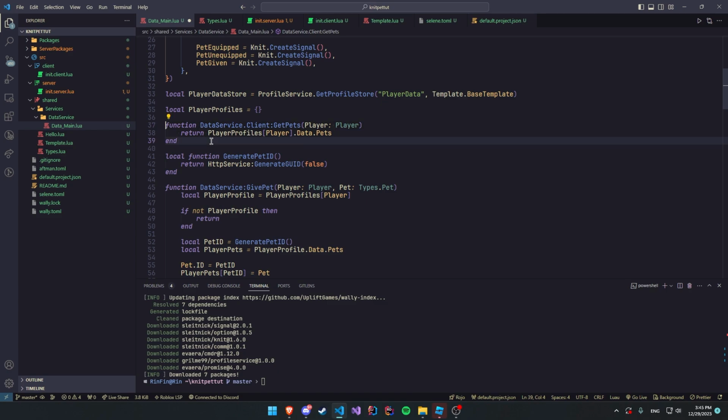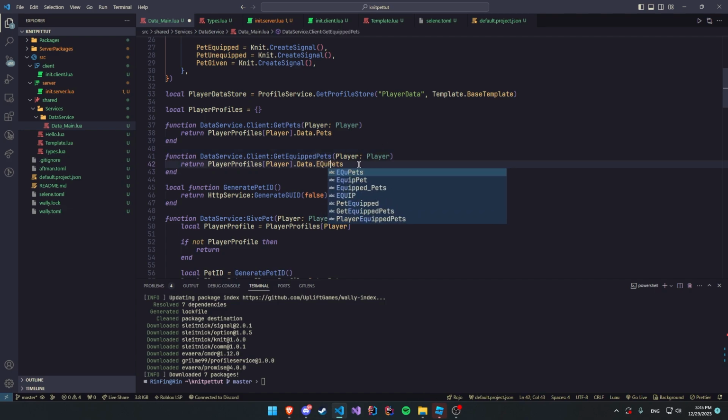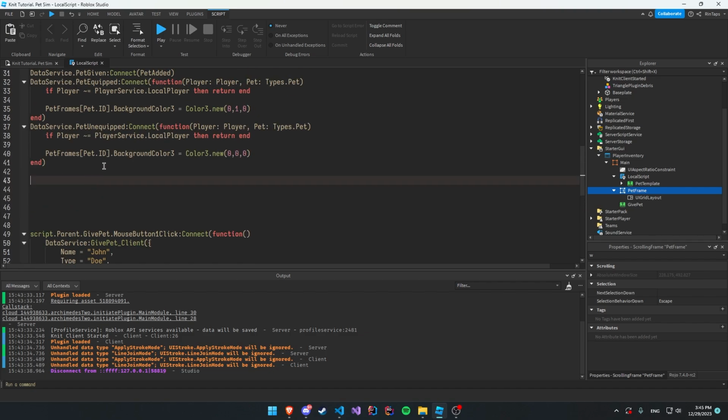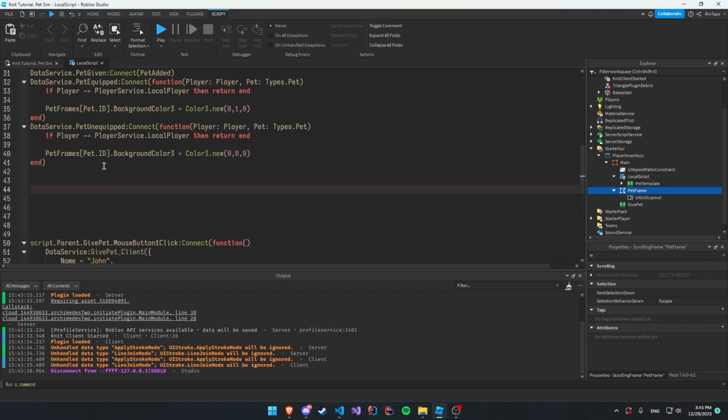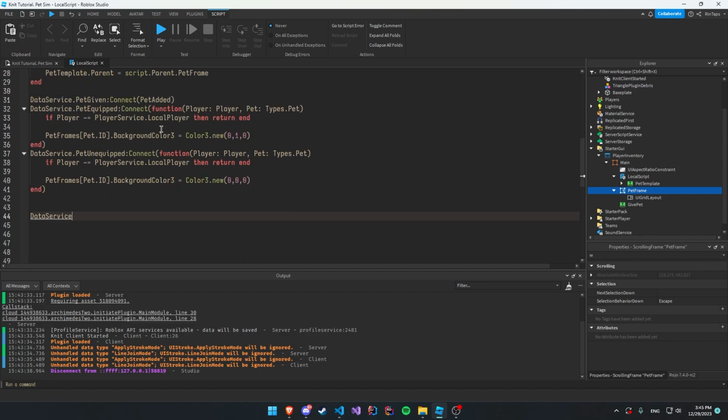For the equipped pets, we can just do the get equipped pets and just equipped thing. So over here, what we're going to do is pretty simple. Data service. I'm going to make sure that I do this here. Okay, so